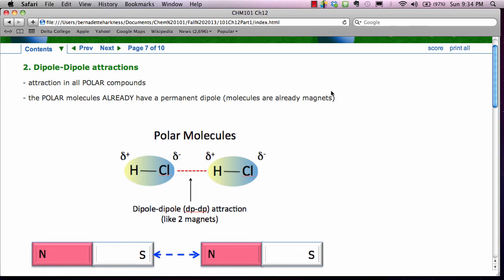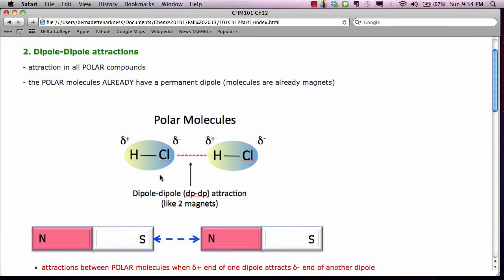So the next intermolecular attraction is dipole-dipole attractions, and this is with all polar compounds. If you have a polar compound, you have a permanent dipole. Basically, you have a magnet. Like hydrogen chloride, the bond dipole is permanently there, meaning this molecule is always permanently a little bit more